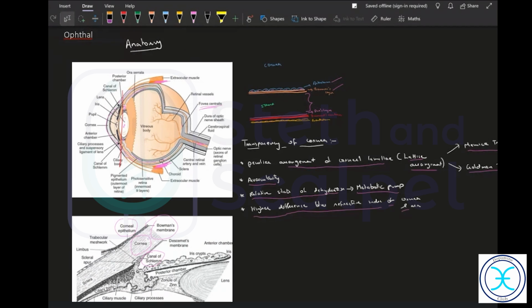Why do you give adrenaline? Bloodless field. So if there's a bloodless field, the effect of the anesthesia will be longer. So that is something you're supposed to mention. And then you give it along with some other things, some hyaluronidase. There's some ratio, I'm not sure. Okay, you give it with hyaluronidase for better penetration of the anesthesia.